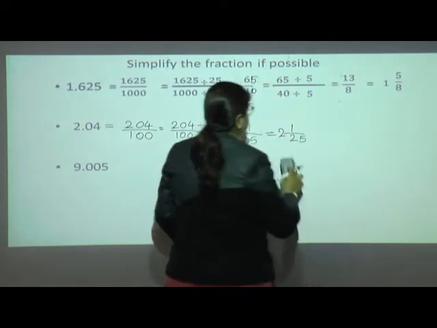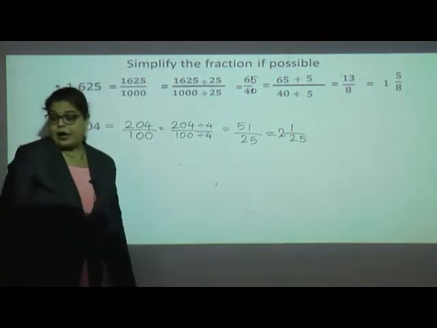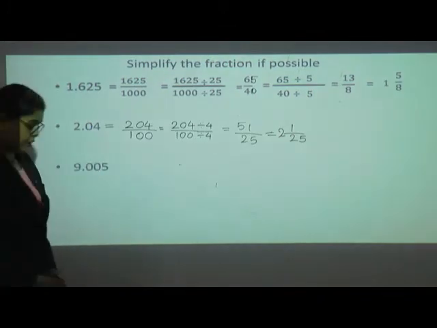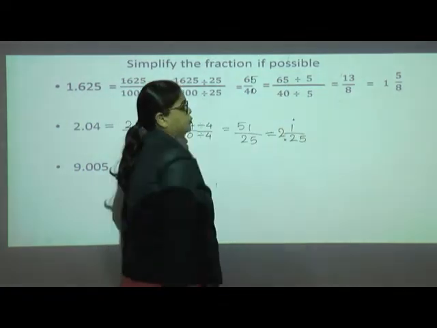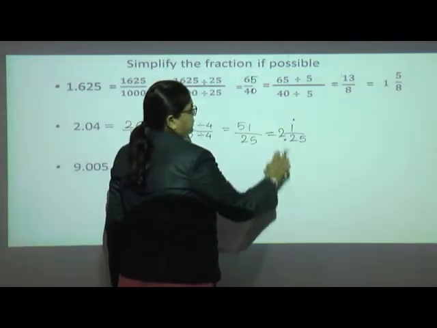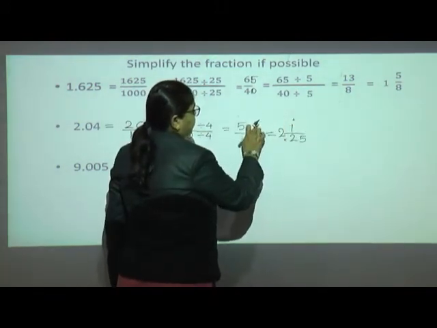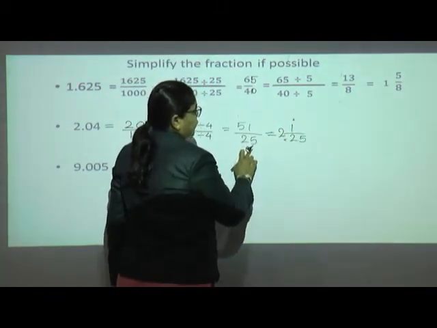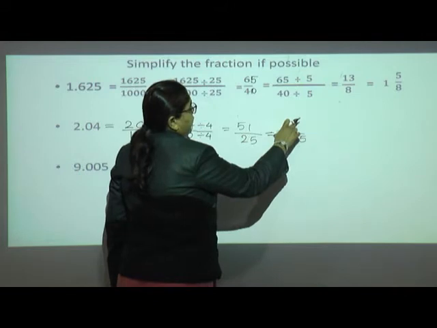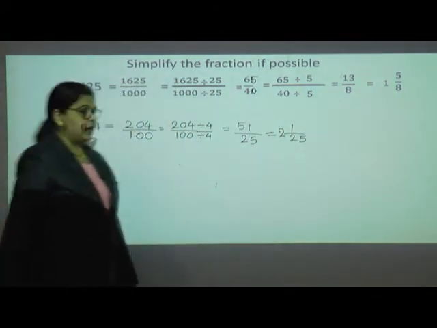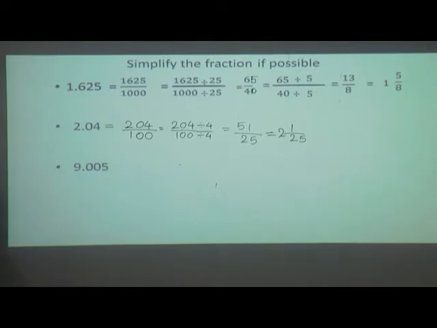Now to check whether the answer I got in a mixed fraction is correct or not, you know the denominator should be multiplied and the numerator should be added. 25 2s are 50 plus 1 is 51. The denominator is 25, so it is 51 upon 25. I told you this just to understand, no need to write it there. So I think you understood, because one example I have already explained. We will see one more example here.